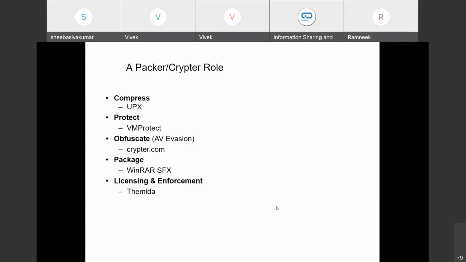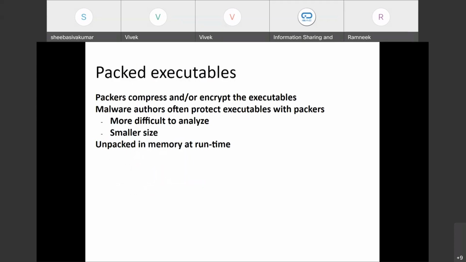Common compressors are UPX, VM Protect, and some online packing tools as well. Then you have WinRAR, and then there is Camida. The most important packer is UPX. UPX is used by several malware authors to pack their executables.